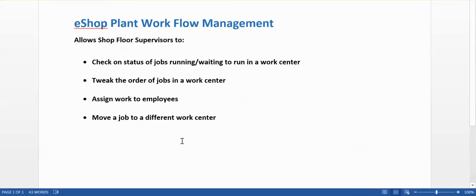Hello. This video is going to give you a glimpse of the tools available to the production supervisor. The focus is the workflow through the plant and how to manage it. The tools that you're going to see allow the shop floor supervisors to check on the status of jobs